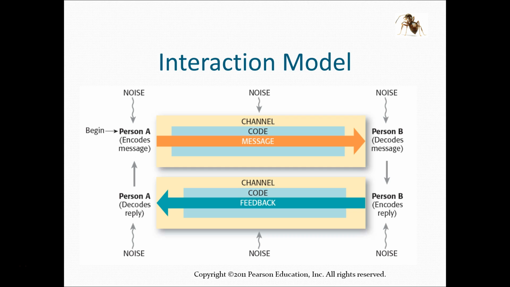Next is the interaction model. Think of this like an email message or a text message. I have the noise going on. I create the message here. I encode the message. I send it through the channel. It, of course, has noise and whatever happens. And then it gets to the next person, person B. Person B decodes it, replies, encodes that reply, sends the reply back, and it comes back to me. Person A, I decode that, I reply, and my next message goes around and around. This is like an email or, like I said, a text message conversation back and forth. The message goes one direction and then comes back another.